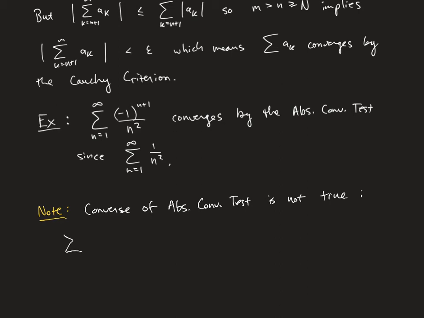So for example, we can consider the series of alternating 1 over n's. So they alternate in sign. This is called the alternating harmonic series. So this series converges,